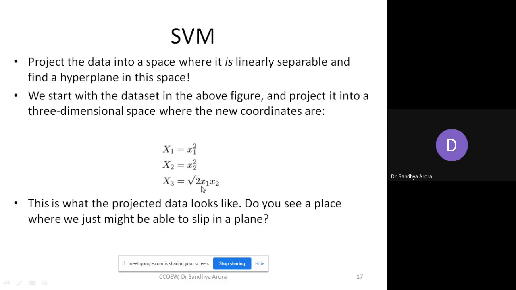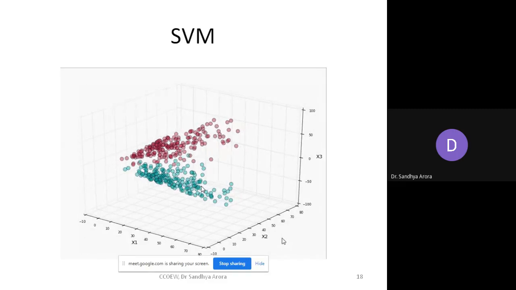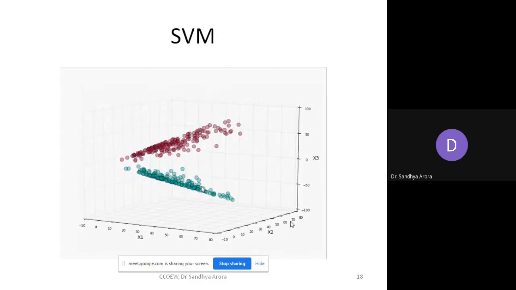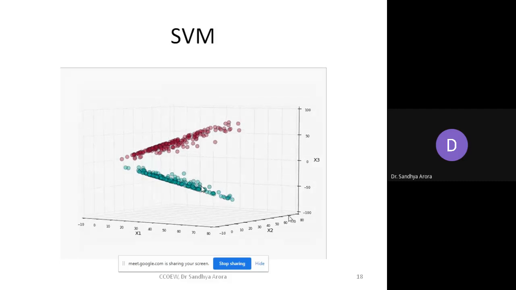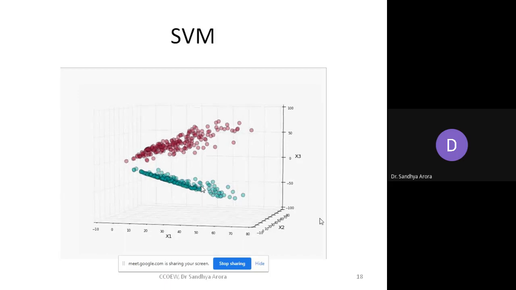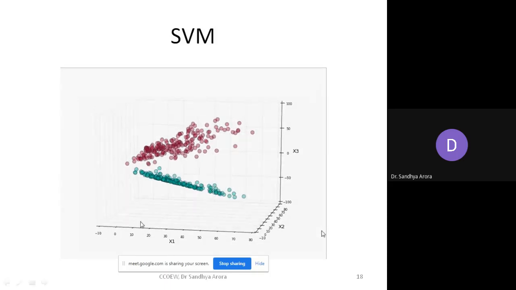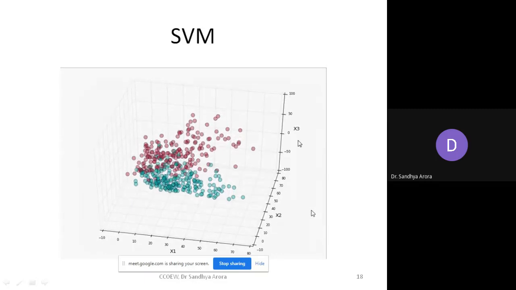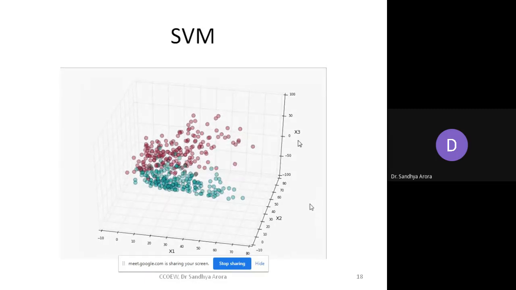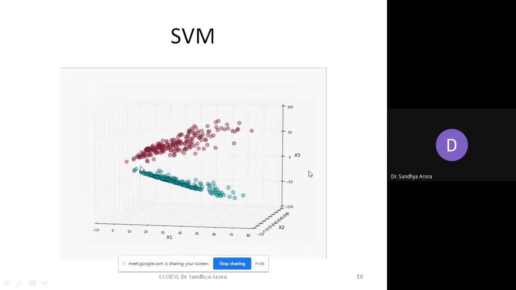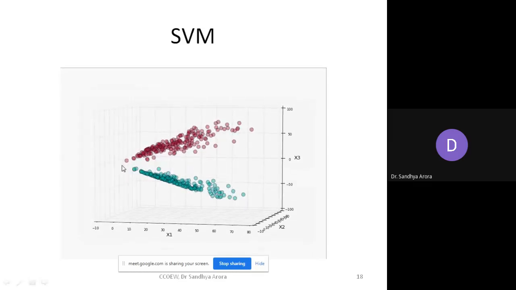So see this original data. It was looking like that, and you cannot linearly separate the data. But if you map these data points in some other direction, x1 x2 x3, you can see these 3 dimensions: this is x1, this is x2, this is x3. We have mapped the same data points to 3 different dimensions, and if you look from a different dimension you will see a clear separating boundary between them.